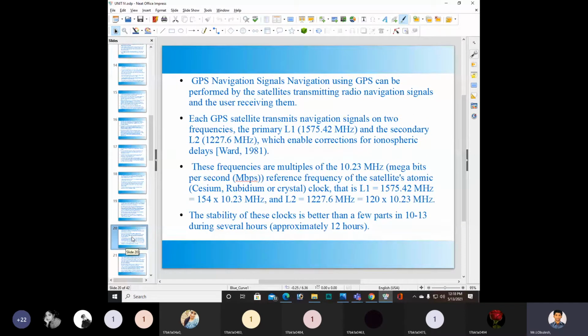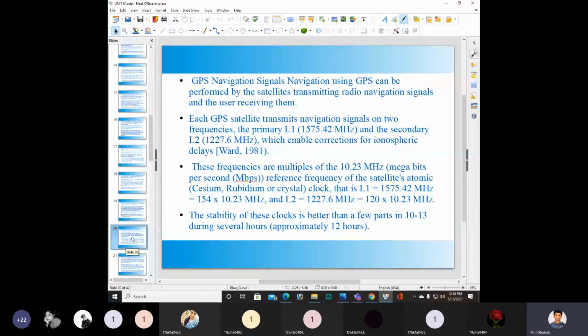Each GPS satellite transmits navigation signals on 2 frequencies. You have to remember that.